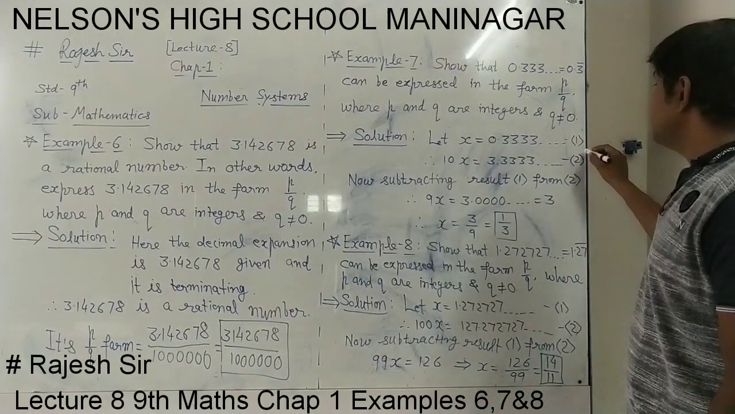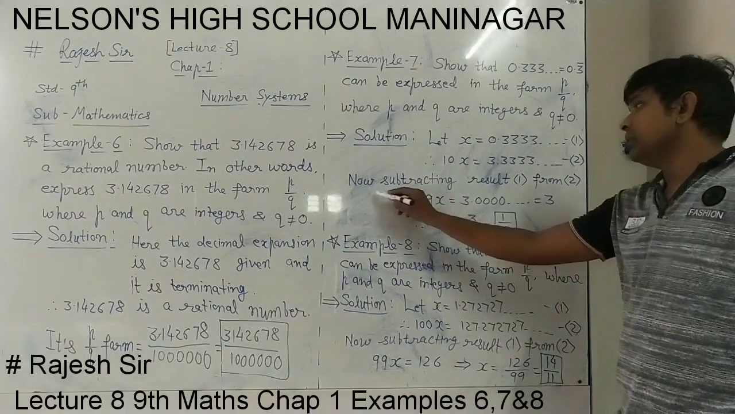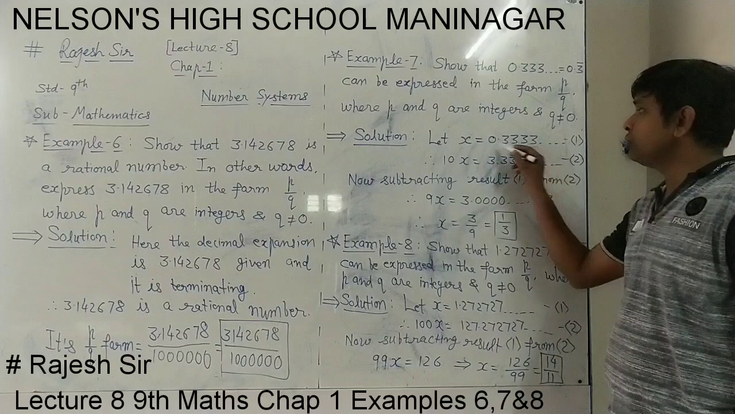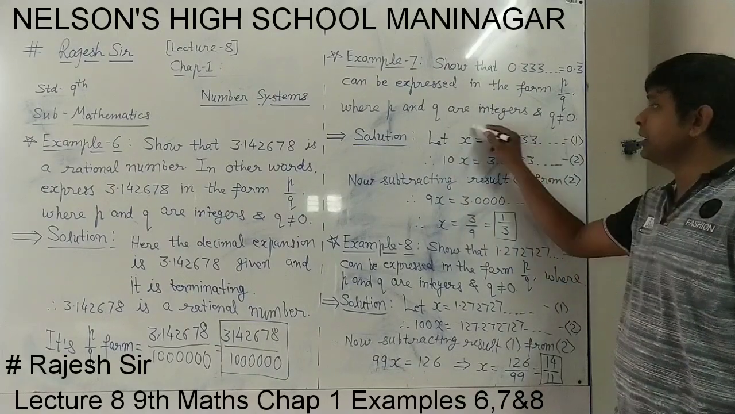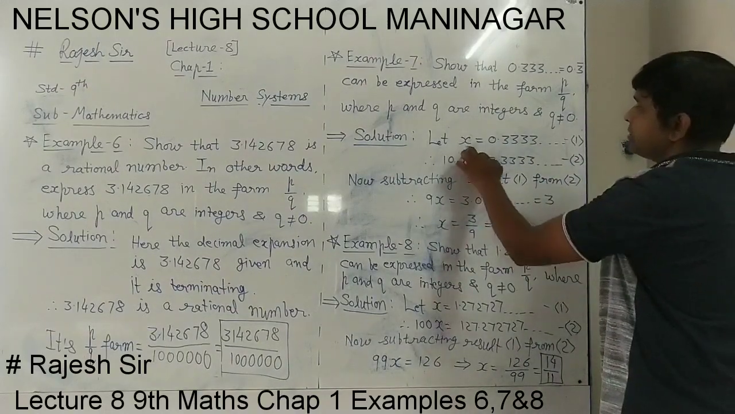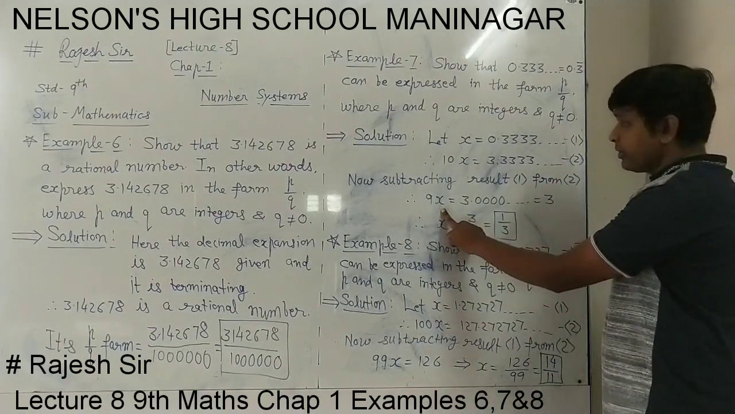Now, with result 1 and 2, what do we do? Now subtracting result 1 from 2. From the two numbers' result, we have to subtract the result of number 1. Left on left, right on right. So 10x minus 1x will be 9x equals